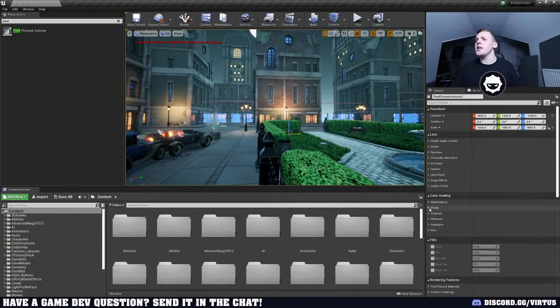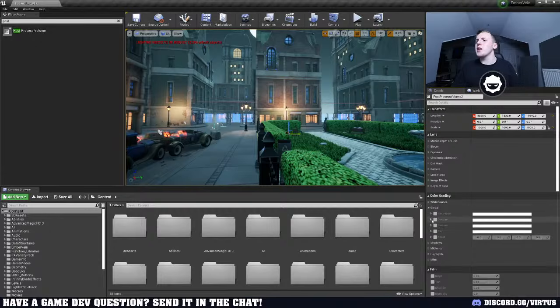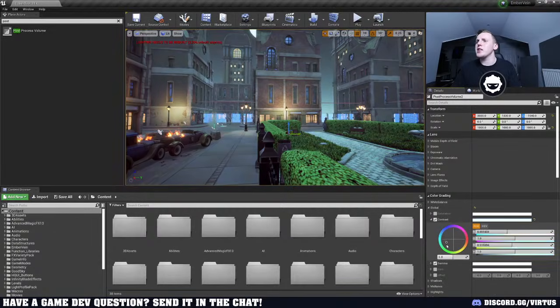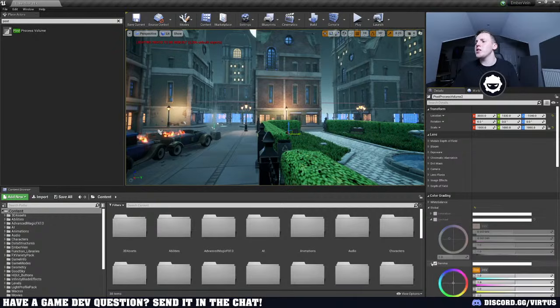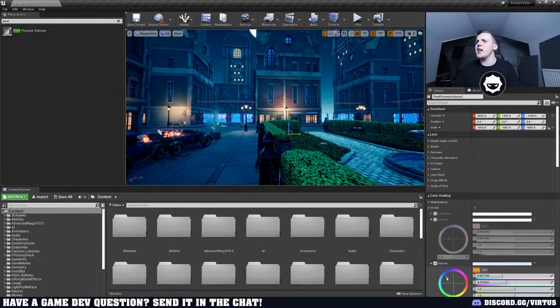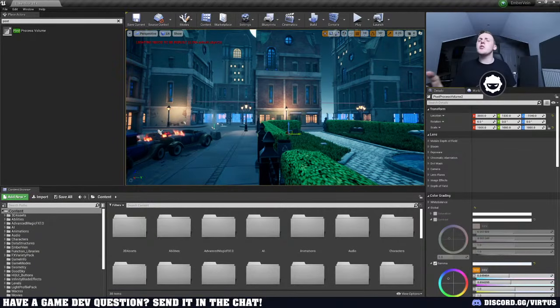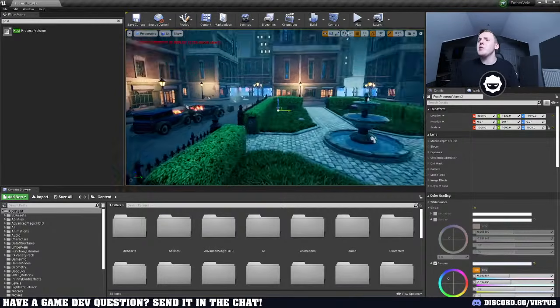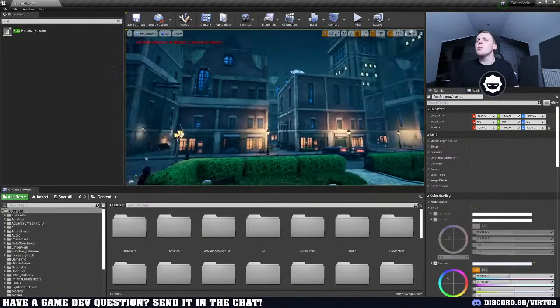But what I'm going to do is go straight over to my global and my gamma and my contrast. And what I can start doing is going in and changing these colors. So if you want to add a bit of a warm touch, that is something that you can do. If you want to add a bit of a cooler touch, this is also something you can do. All you've got to do is just really start to adjust these feelings. Now, a good one for getting yourself that stylized look is adjusting your color grading for your gamma. So that is what I've just done there to sort of give it this overall blue tone that you can